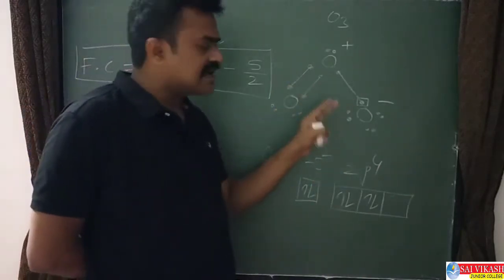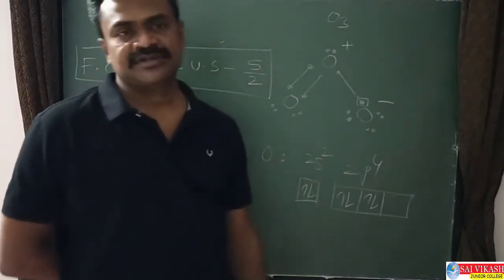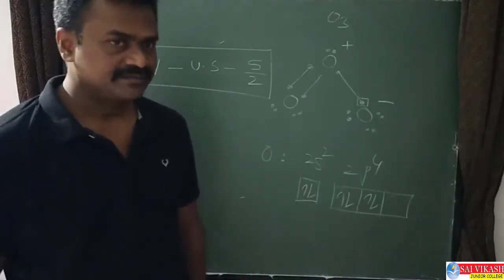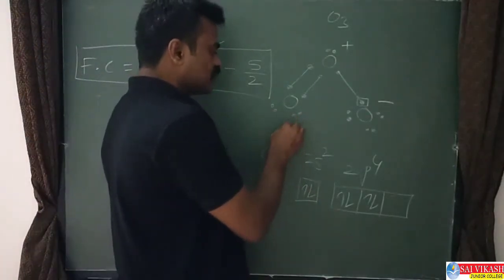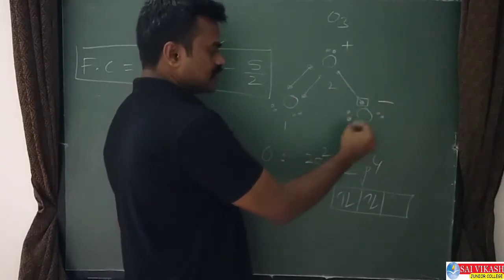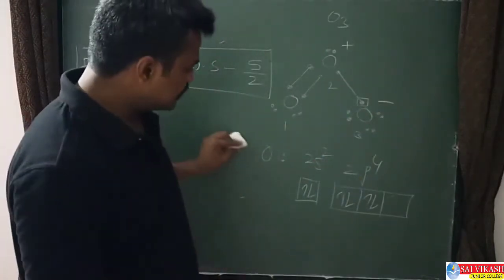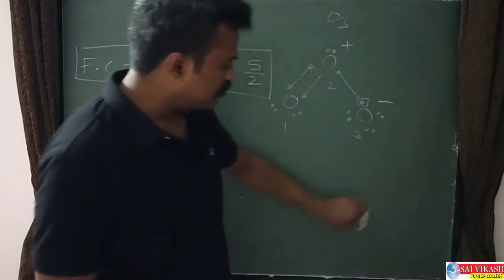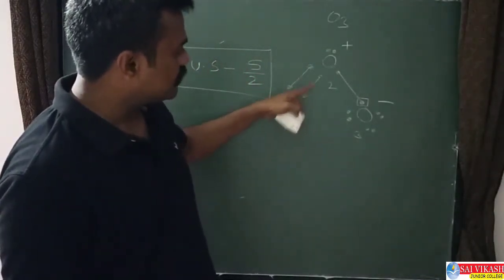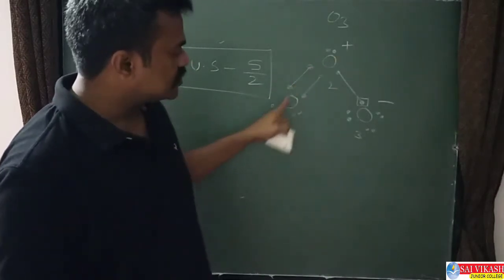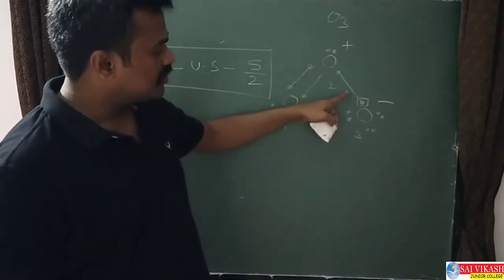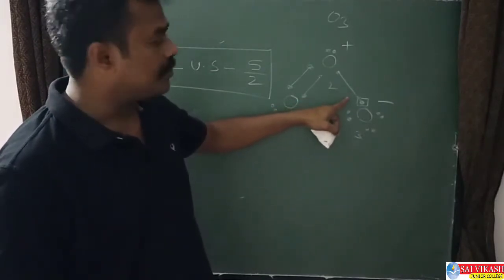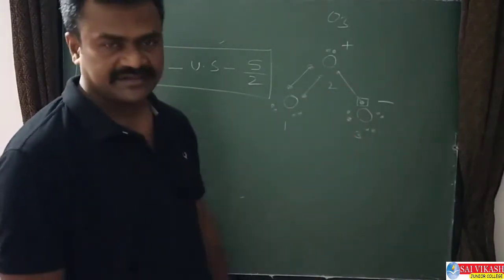So this is actually the formation of O3. Ozone, O3, formation is this. Here I am labeling oxygen 1, oxygen 2, oxygen 3. See, here a double bond is formed between oxygen 1 and 2, and a single bond, a dative bond, meaning a coordinate covalent bond, is formed between oxygen 2 and 3.